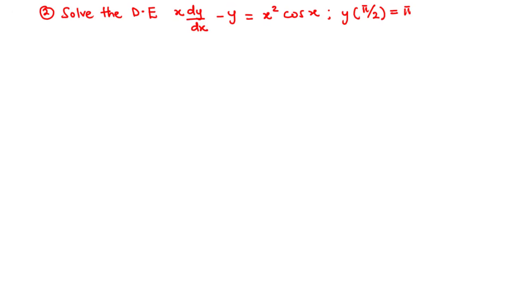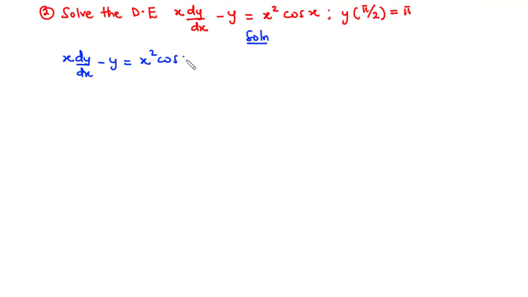So for example 2, we have the differential equation x times dy dx minus y equals x squared cos x, and we have an initial condition y of pi on 2 equals pi, and then we are asked to solve the given differential equation. So we have the differential equation, that is x times dy dx minus y equals x